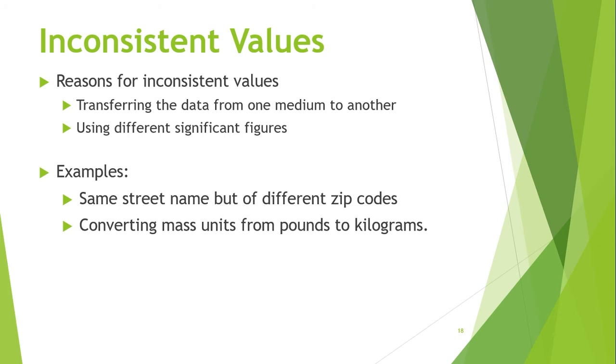Pag nakita ng isang tao yung address na may Tondo, maguguluhan sila, bakit may 1012? Bakit may 1013? So, hindi nila alam. Dalawa talaga yung zip code sa Tondo, kasi may Tondo 1, Tondo 2. Hindi naman kasi natin nilalagay normally sa address natin na Tondo 1, Manila. Halimbawa, 1621 Antonio Rivera Street, Tondo, Manila. Ganun lang. Hindi mo sinasabing 1621 Antonio Rivera Street, Tondo 2, Manila.